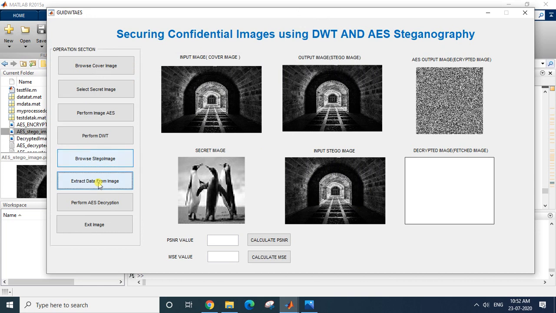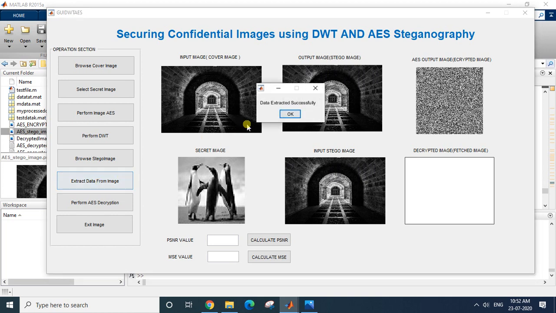Then I'll say extract data from the image. Yes, data has been extracted and is stored in the memory.